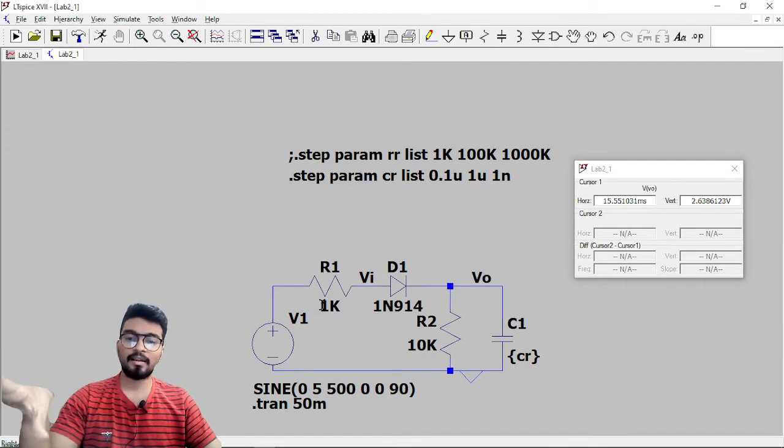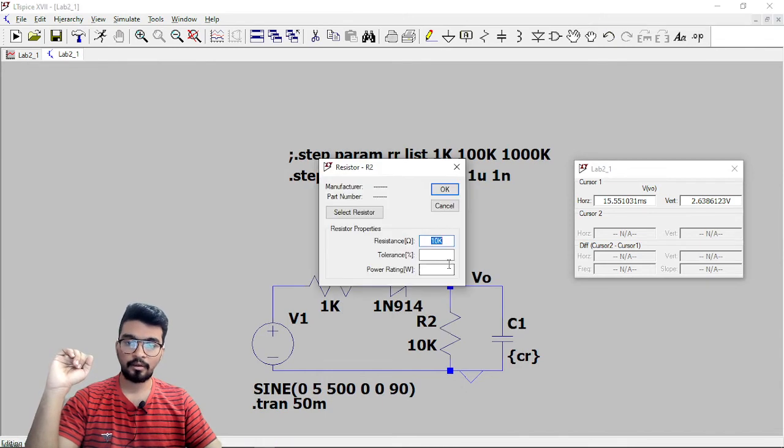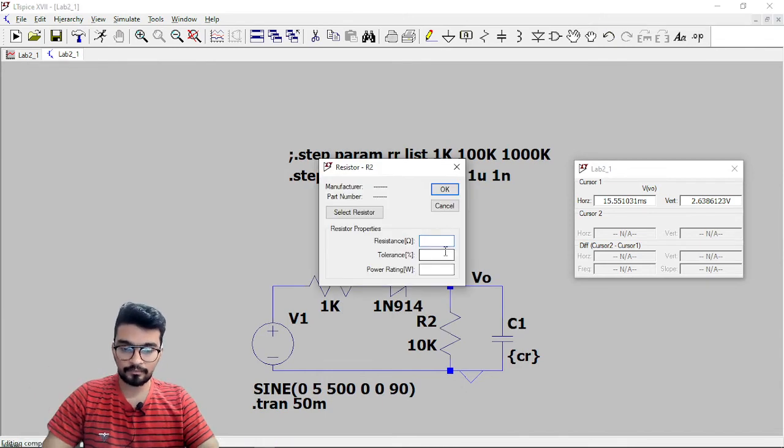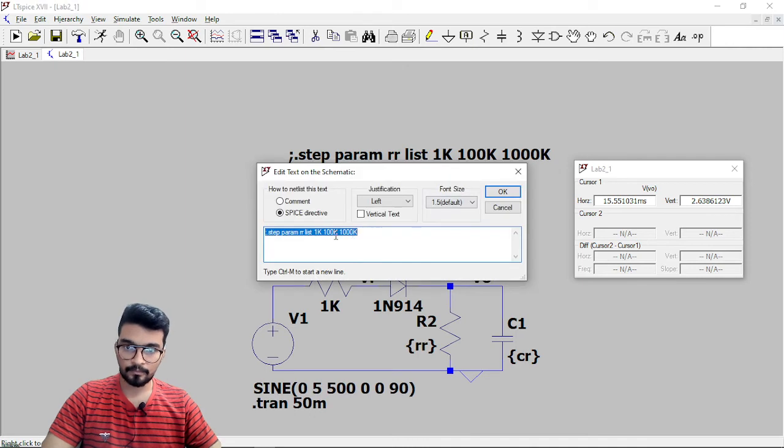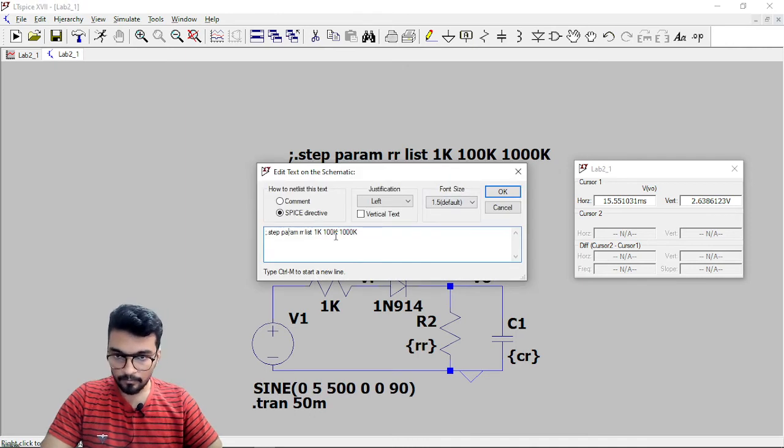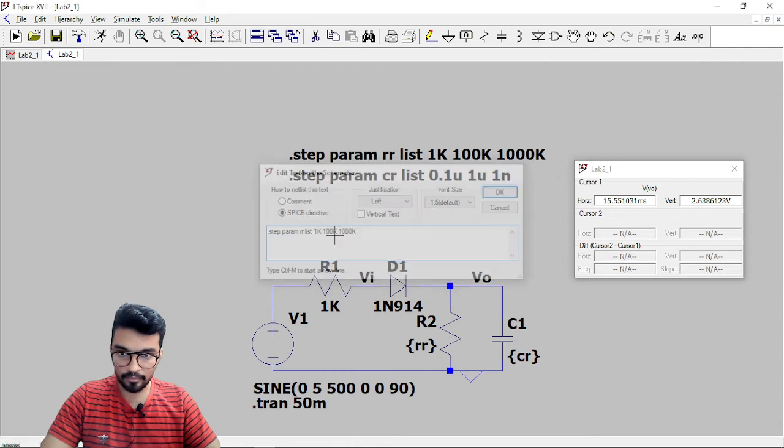So let's say I am varying this value of R. Okay, and I am doing this for resistor ranges, and removing this semicolon.